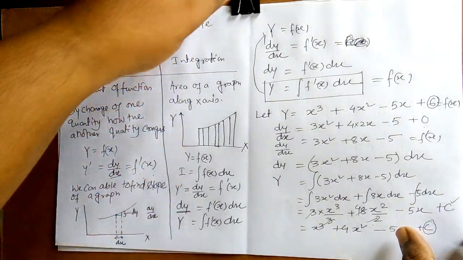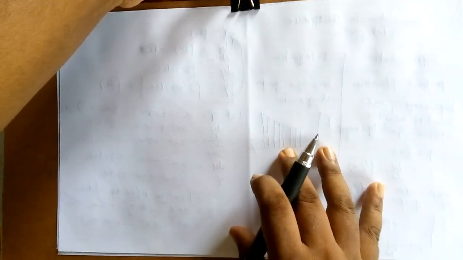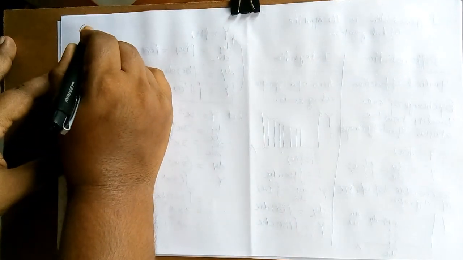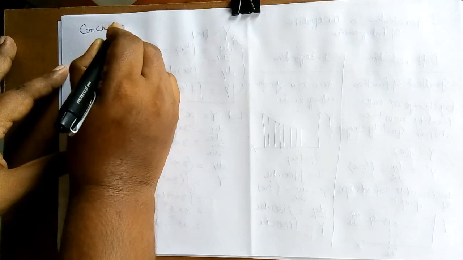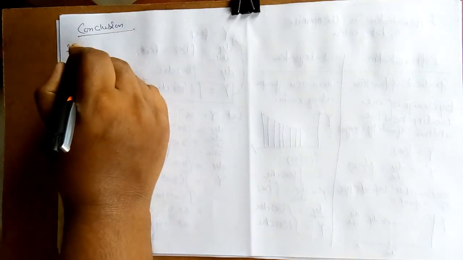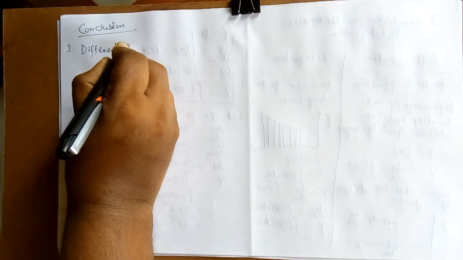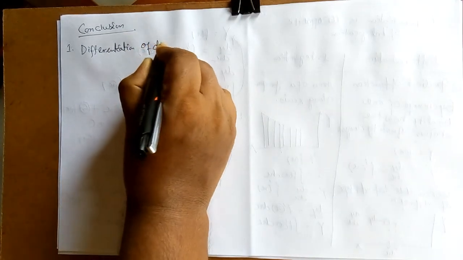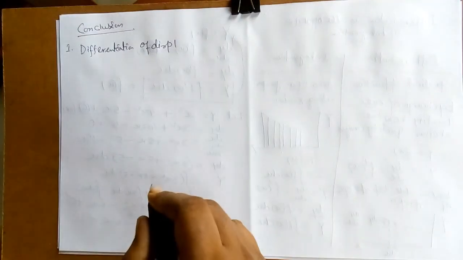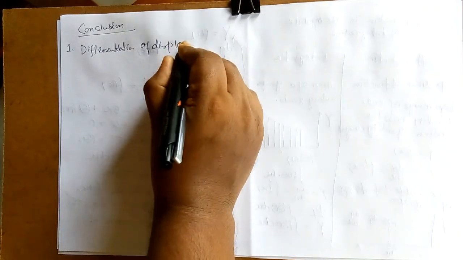Okay, so from here what conclusion can we make? Let's see the conclusion portion. So, last one, conclusion. The conclusion portion is very interesting. Number one conclusion from calculus, meaning both differentiation and integration: we know that differentiation of displacement, because as we are talking about motion in a straight line, we will deal with these quantities. So differentiation of displacement